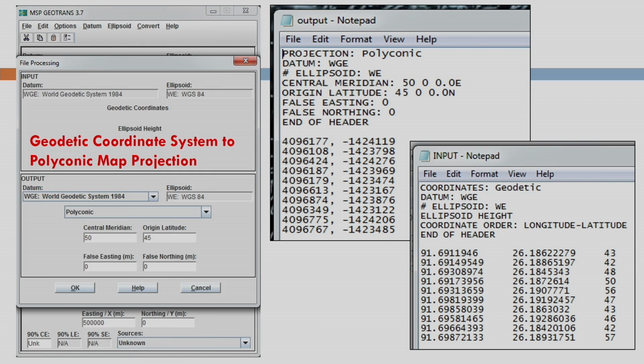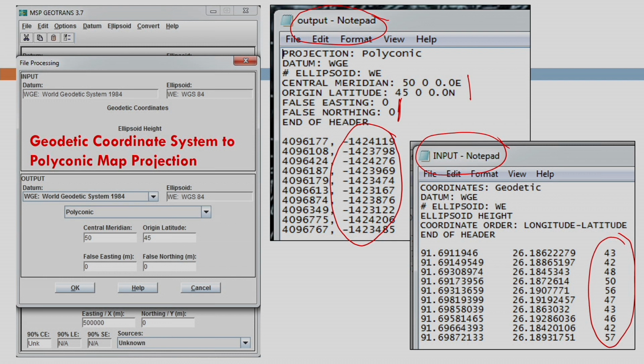Okay, again now coming to the polyconic projection system, here the central meridian and origin of latitude are there. I am converting the geodetic coordinate system to polyconic. So in case of polyconic, this is my output here, you see, and this is the input here, and again the input is given with the height, which is not going to make any sense for this application. And see, since false easting and false northing are 0, I am getting these negative coordinates. No worries, if you specify false easting and false northing as positive values, let's say 5 lakh, 5 lakh, you will always get positive values. So you have to be careful when you choose a particular application or a particular map projection system.